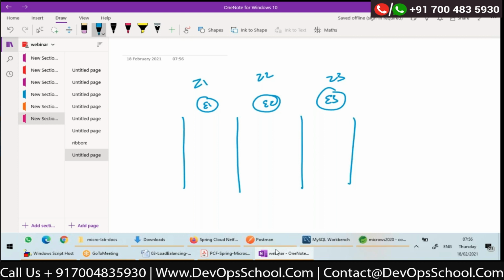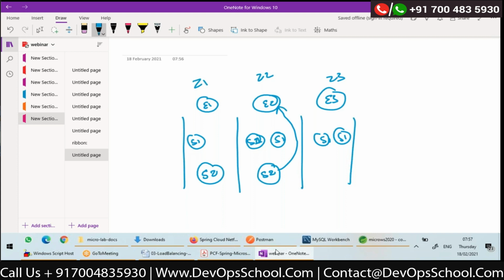Now let's assume that I have 5 instances of service 1. Service 1 instance here, 2 instances of service 1. Okay, 5 instances. Now S2, I have 2 instances. Let's assume that here is 1 and here is 1. Now, whenever S2 wants to look up Eureka, it will look up this Eureka only, right? In the same zone? Yes. So once S2 asks for S1 instances, how many will it get? Will it get only these 2 or will it get all the 5 S1s' information?